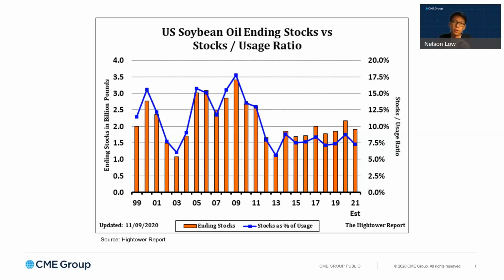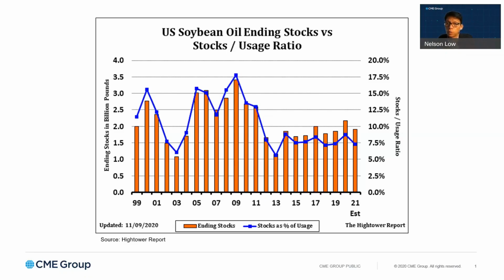If you think about it, the lower the stocks-to-use ratio, meaning the lower the blue line is, the fewer stocks there are to fulfill the demand of the world. In this particular case, this chart is for the US, so it would mean there are fewer stocks to fulfill the demand of consumption in the United States. And if the blue line is very high, it would mean that there are a lot of stocks to fulfill the demand of the US.